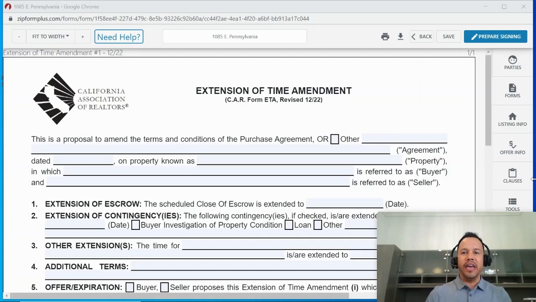CAR form ETA, known as the extension of time addendum. This one-page form, which can be presented on behalf of the buyer or seller, so on behalf of the buyer's agent or listing agent, is an amendment to change a time frame in the original contract. So again, just on this first paragraph here, you'll see this is a proposal to amend the terms and conditions